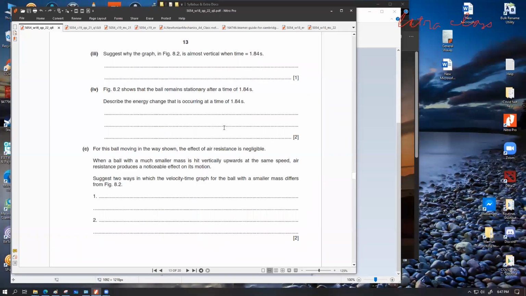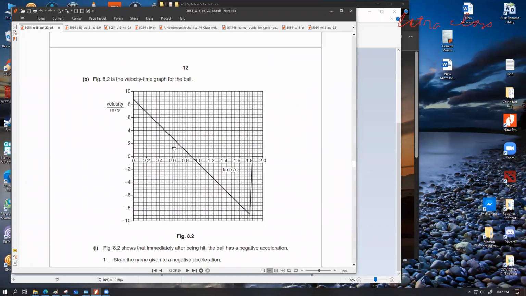Okay, next it says: for the ball moving in this way, shown, the effect of air resistance is negligible. When a ball with a much smaller mass is hit vertically upwards at the same speed, air resistance produces a noticeable effect on its motion. True. So there are two ways in which the velocity-time graph of the ball with a smaller mass differs from Figure 8.2. So, if there is air resistance, what changes could actually happen here? This is a nice question,